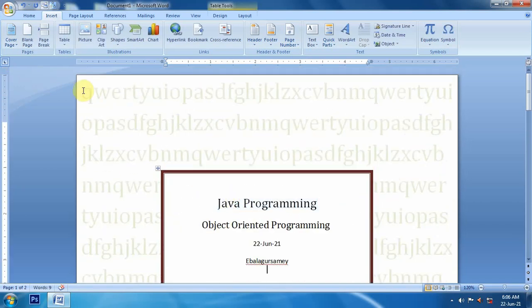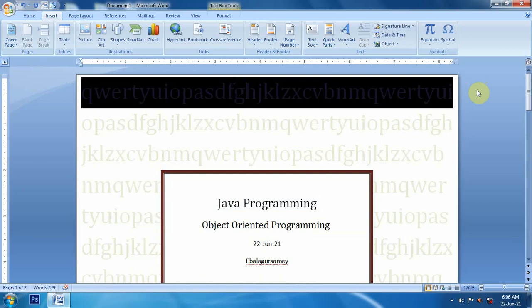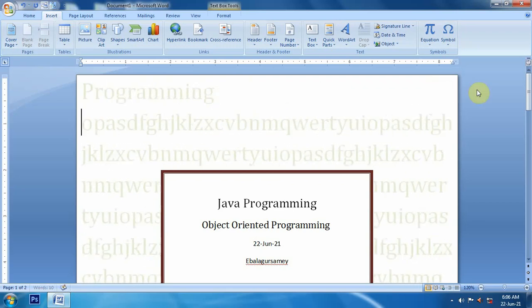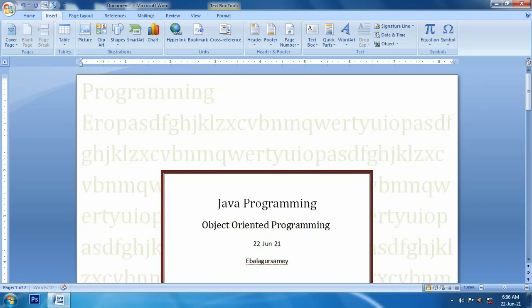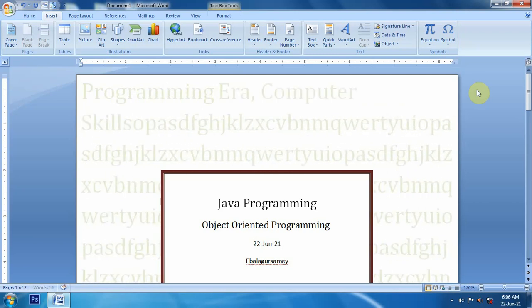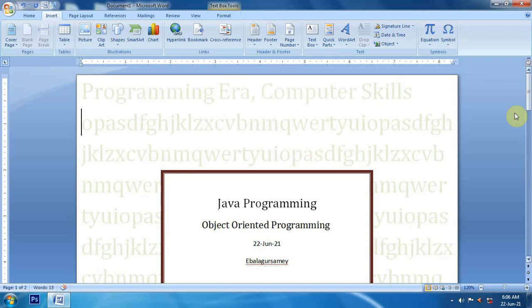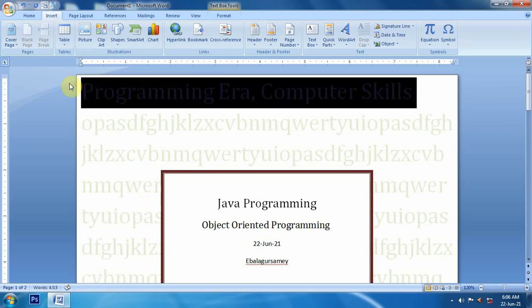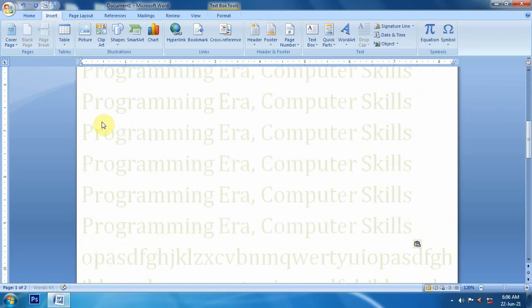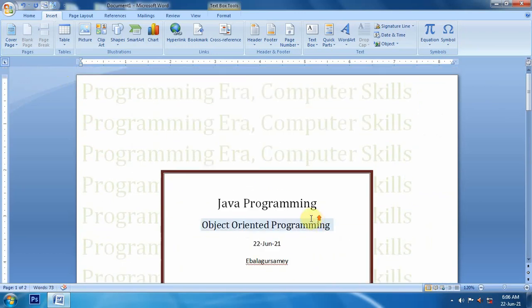If background text we want to change, we can change. Like this we can change background text.